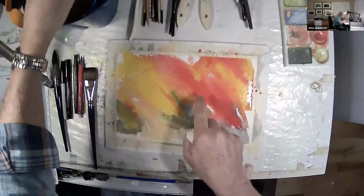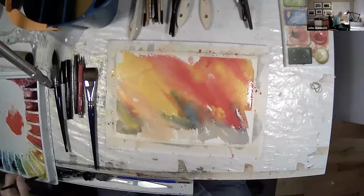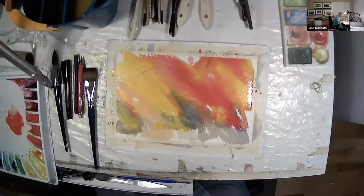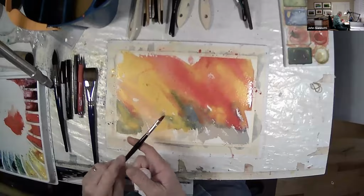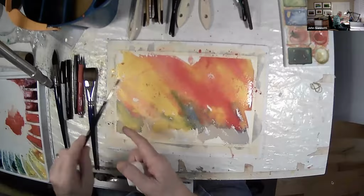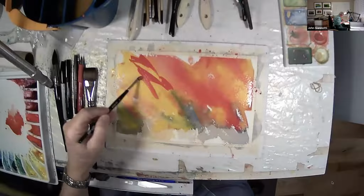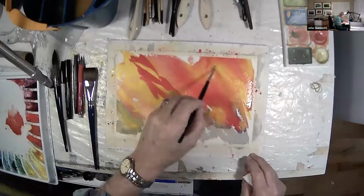And you can see what happens around here when some of the paint gets mixed in with some of the other paints. They blend on their own. I'm going to go for a little of that. And I might even do some of this. So I'm just doing this to get interesting colors and interesting shapes. That's the only thing I'm after here. Not trying to draw a leaf or a tree or get any specific